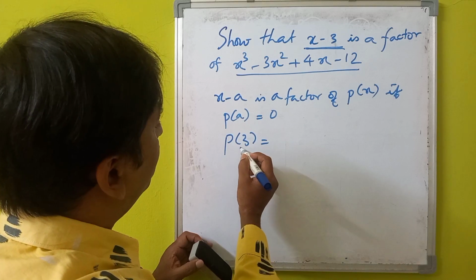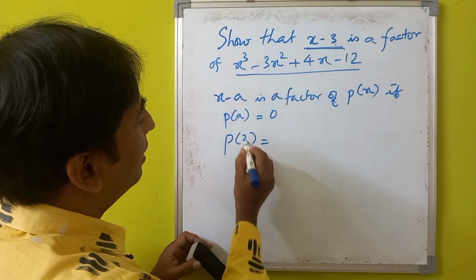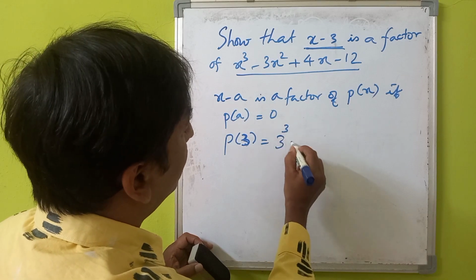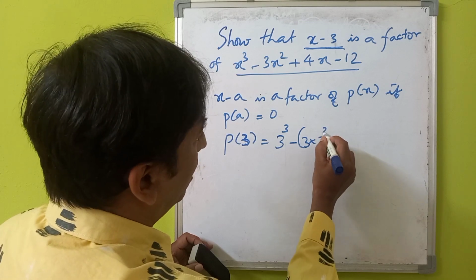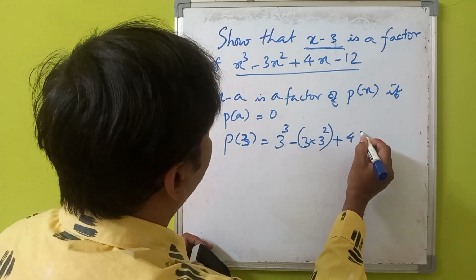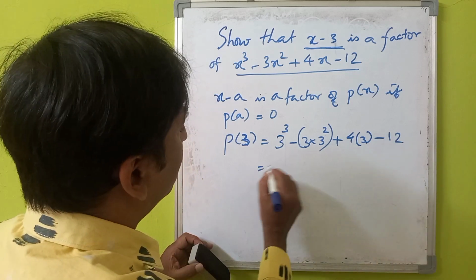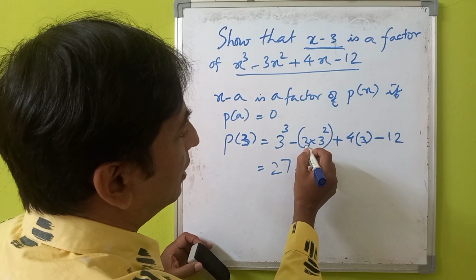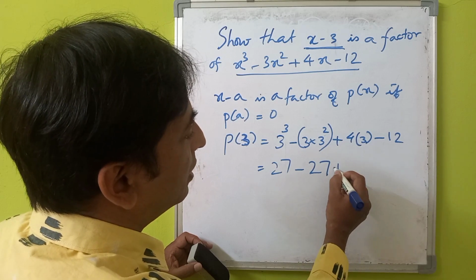In order to find p of 3, we will replace the variable x by 3. So here x cubed will become 3 cubed, minus 3x squared will become 3 times 3 squared, we are replacing x by 3, plus 4 times 3, minus 12. So let us find this. 3 cubed is 27, minus 3 squared is 9, times 3 is 27 again, plus 4 into 3 is 12,